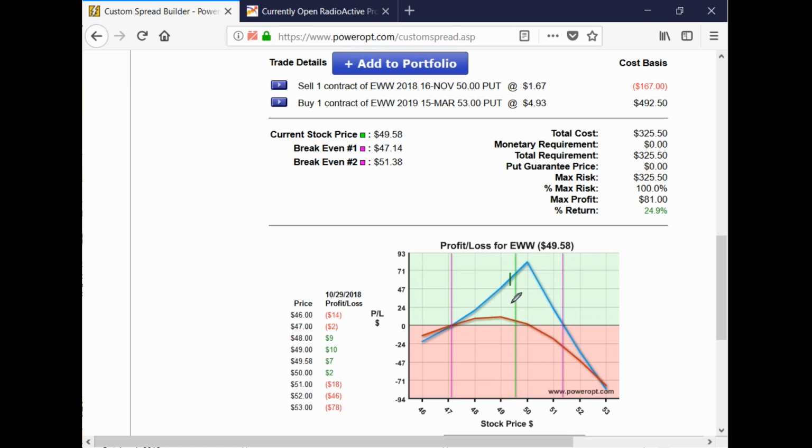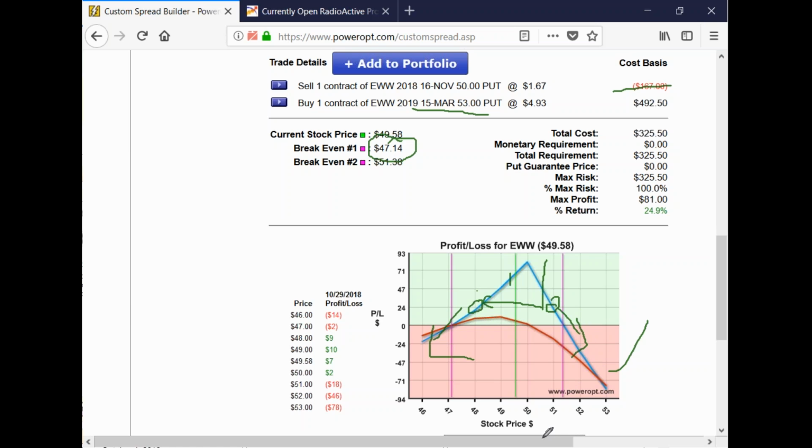Could you get into this stock more cheaply? Yes. Where's the range that you want the stock to be? If I enter this position for November, 45 days away, break even is 47.14. That's including the value of our long put. But in reality, with the 167 we took in, that would put my cost basis at 48.33. So I want the stock just to be between 48 and 51. What I'm saying when I open this position is that in the next 40 days, 45 days, best situation is the stock is between 48 and 51. Below that, I start getting into trouble.